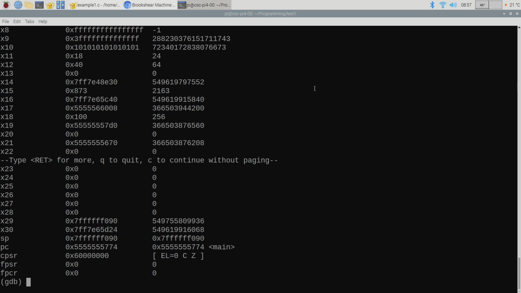The Brookshear processor doesn't have one of these, but most real processors do for basically keeping track of, did overflow just happen? Is the number you just loaded in negative? Is it 0? And a few other things, okay? Those are useful for conditional expressions. And so when we get to things where we have conditional expressions, we'll talk more about the processor status register.